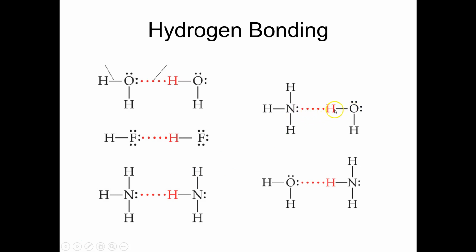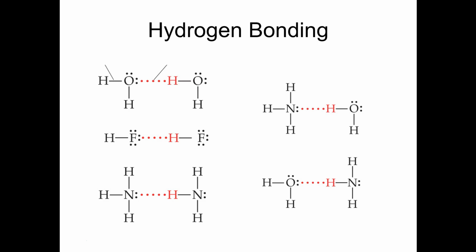Because water has a highly polarized OH bond, but ammonia has a very partially negatively charged nitrogen atom, you can get a hydrogen bond between a water molecule and an ammonia molecule. Or on the reverse side, you can get a hydrogen bond between the hydrogen of an ammonia molecule and the oxygen of a water molecule. So you can get hydrogen bonding